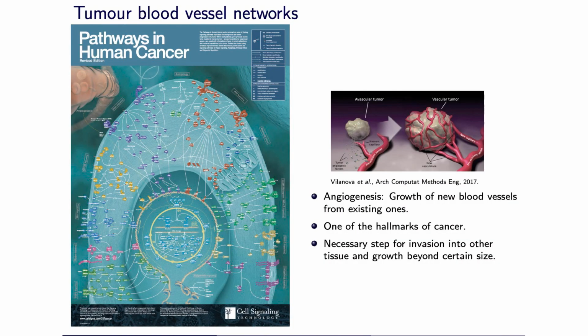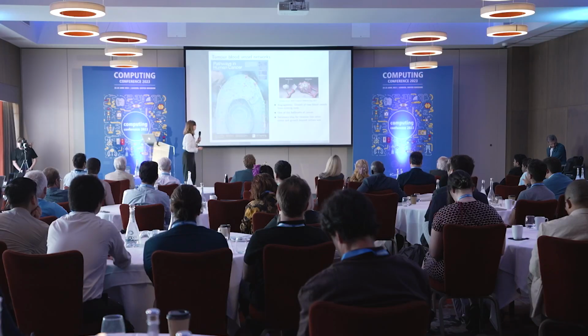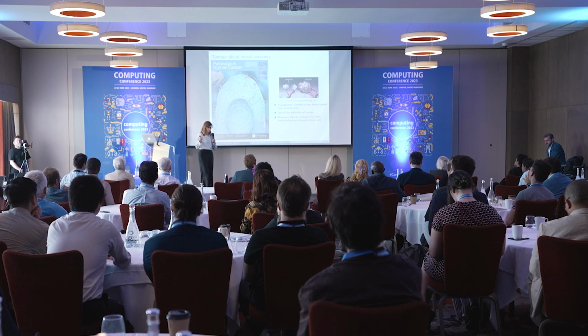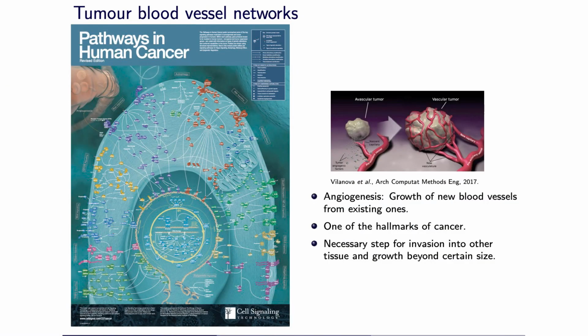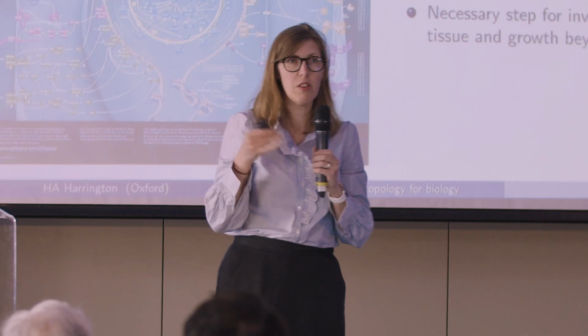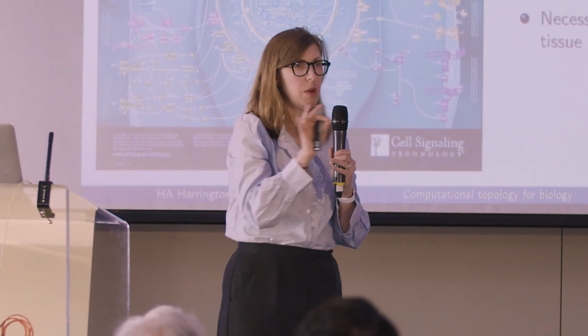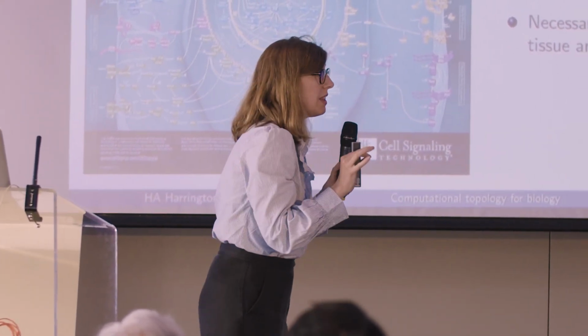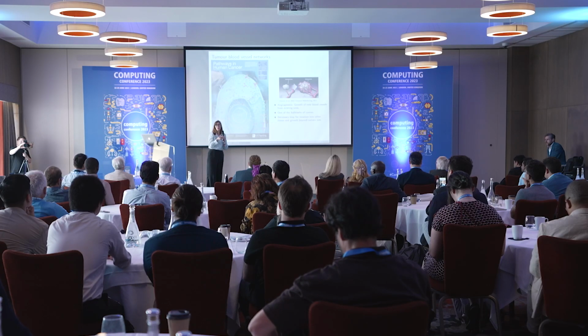Here's an example from cancer, which is the growth of blood vessels towards a tumor. It's a very complicated process, and we don't understand it. But they know that the shape of the blood vessels matters a lot, right? So if you have a tumor and there are a lot of blood vessels that bring oxygen very well, then you might want a drug like chemotherapy that's going to go through the blood and kill the tumor. Whereas if the blood vessels are very complicated and it's a bit less vascular, surgery might be better in some way, right?